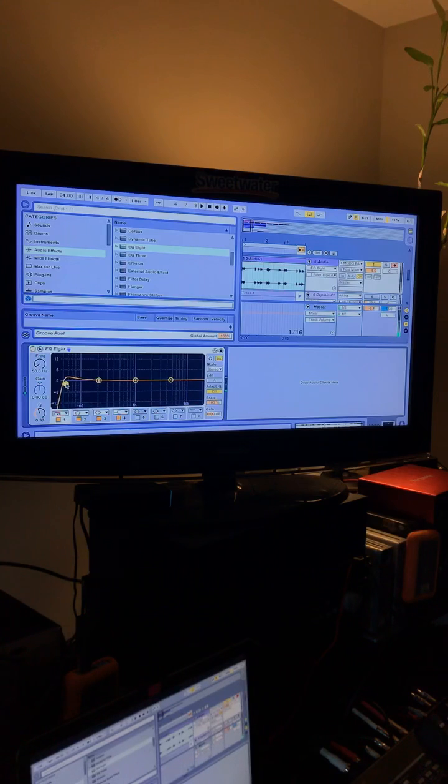And always remember this: for every decimal you go up, you've got to minus the gain. So I'm going to minus my gain. I think I went up like 3-4 dB, so I'm going to go down 2 and see what it sounds like. You always have to compensate. So I'm satisfied with that, and now I'm going to go ahead and drop this